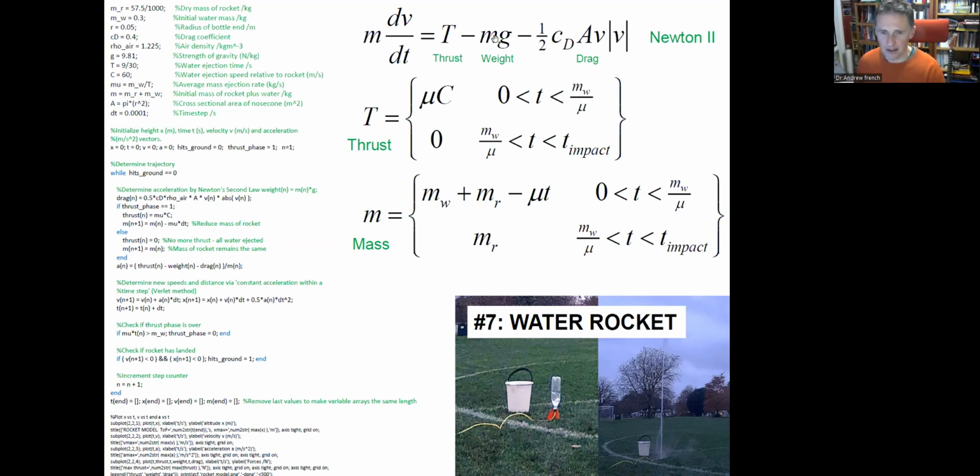So this looks quite complicated, but what we can do is actually just stick it in a loop like we had before. Now, this might be a bit small to see, but until we've hit the ground, I can work out the drag and I can work out the thrust. And once I've run out of water, the thrust is 0. And then I'm using SUVAT, ut plus a half at squared, between the time steps to work out what happens next. And then I plot some stuff.